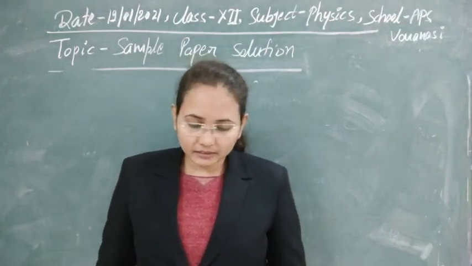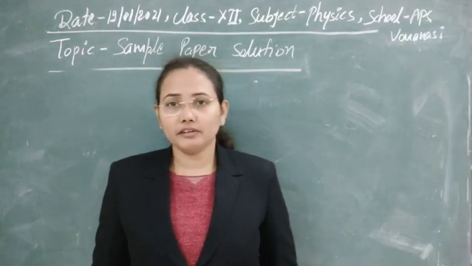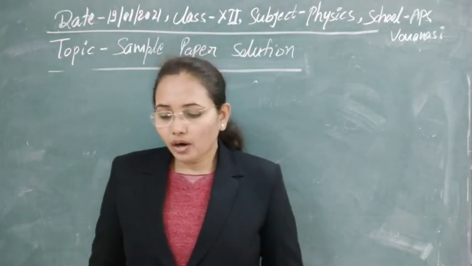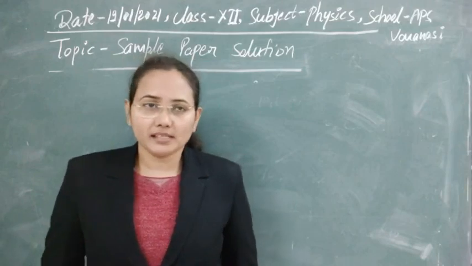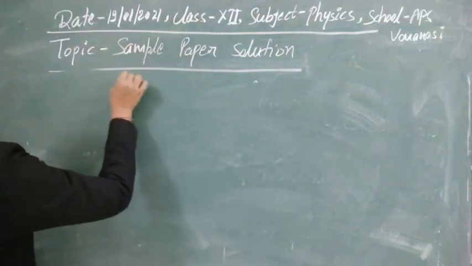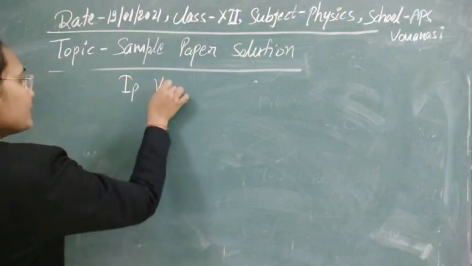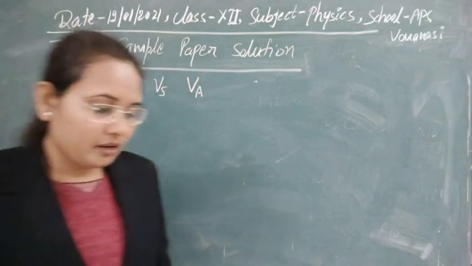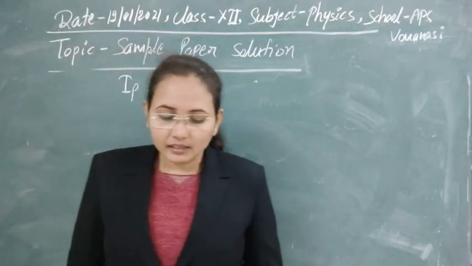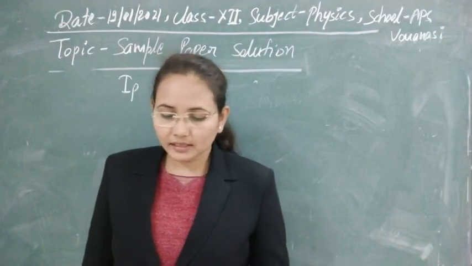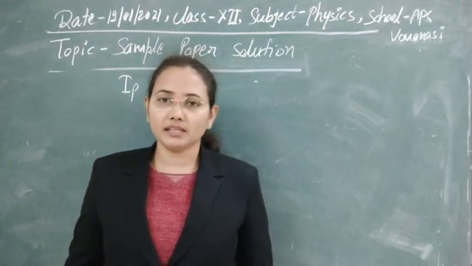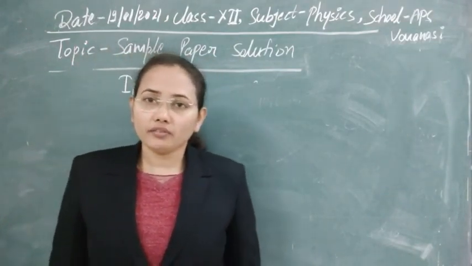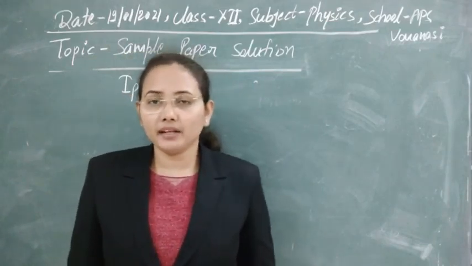Next question is related to dual nature of radiation and photoelectric effect that we have just studied. In a plot of photoelectric current versus anode potential, we have a condition that is given. First question is, how does the saturation current vary for incident radiation of different frequencies but same intensities? So here first of all you have to understand on which factor the anode potential or photoelectric current is depending.